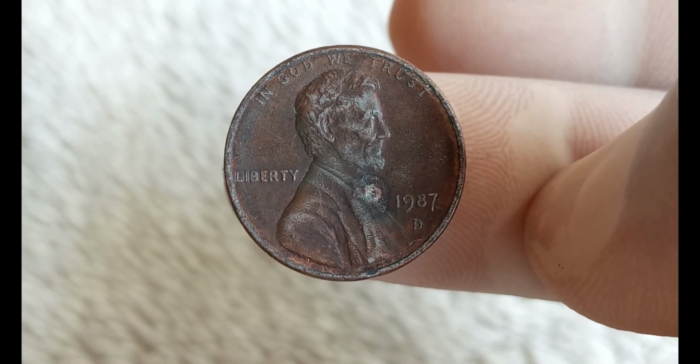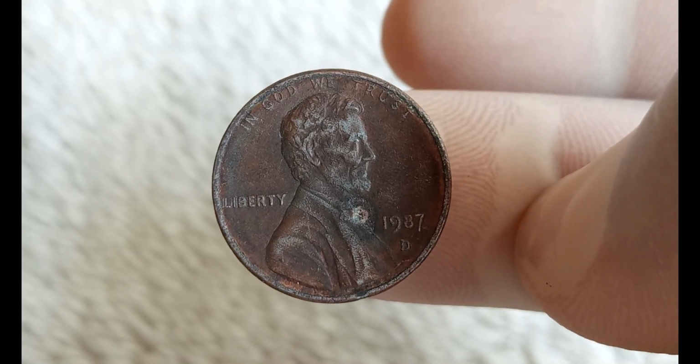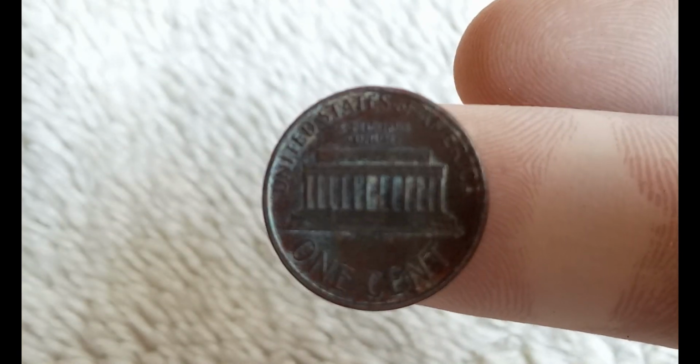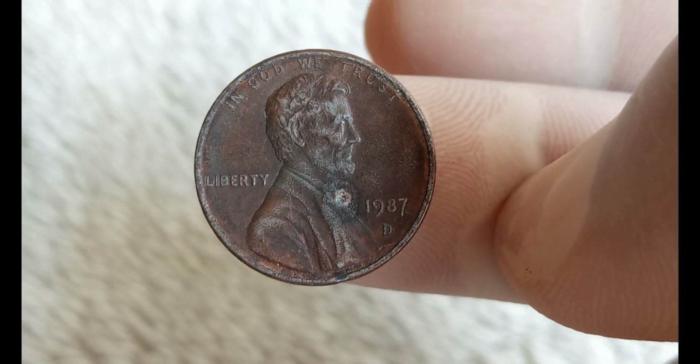At JF Coin, our goal is to bring you the hidden stories of these coins, stories that most people overlook. While the average person might see just a penny, collectors and historians see a treasure chest of value, art, and history. That is why the 1987 D Liberty 1-cent is not just another coin, it is a symbol of hidden